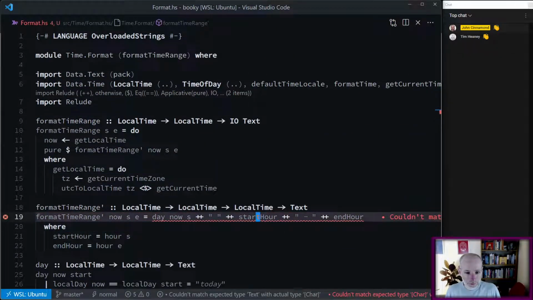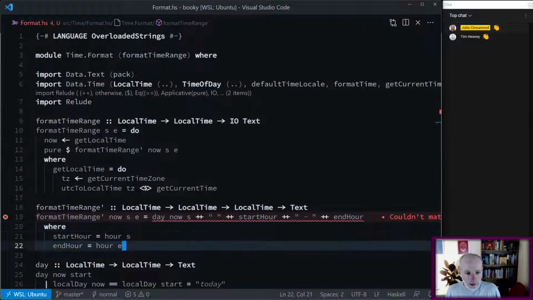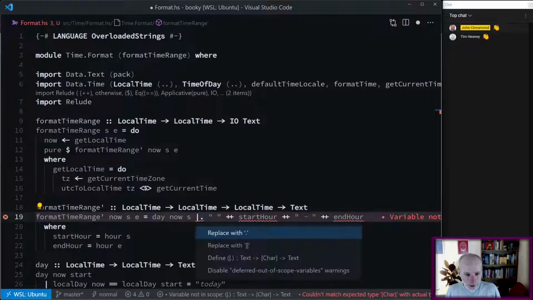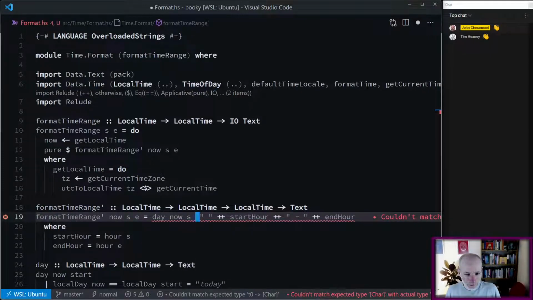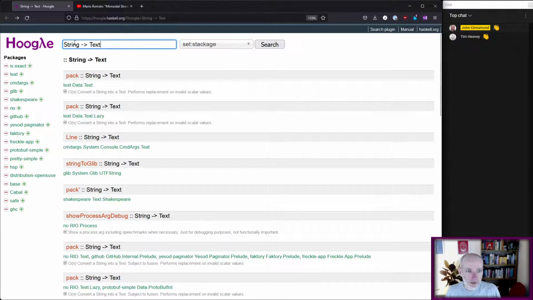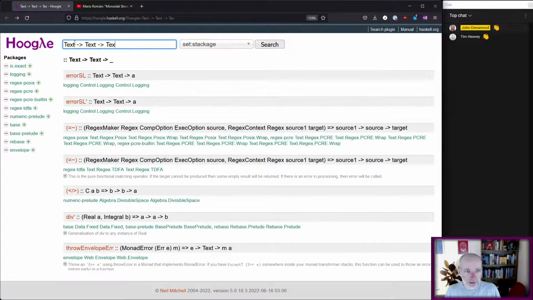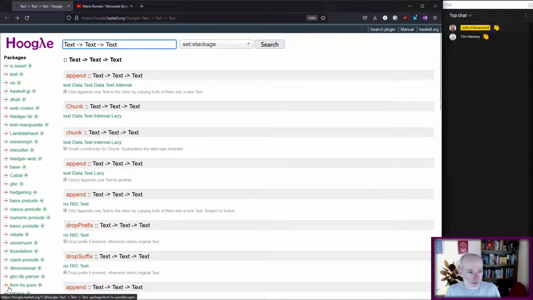So we have this thing. So the day is returning text. And then I think it's something like this. Maybe, no. So it's something in font, but I don't know what it is. Okay, so we want to go text to text to text, I think. So text to text to text. And we're going to look at,